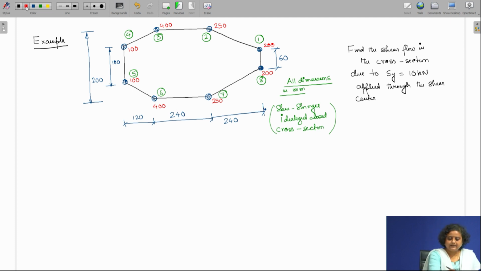So somewhere here we are applying an Sy which is 10 kilonewton, and it is acting through the shear center of the cross section. Now let us assume. Since this cross section is symmetric about the x axis,